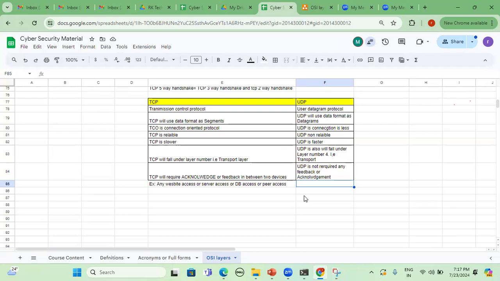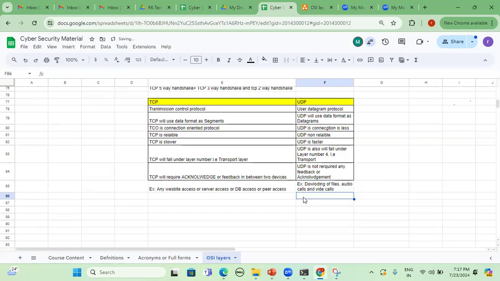Thereafter we can go and utilize UDP. So for example, downloading of files, that is called drive-by downloads, and also audio calls and video calls. All these, like Skype calls or Facebook calls or Instagram calls or Twitter calls and so on, all those will fall under UDP. So these are a couple of examples on the practical or day-to-day oriented.